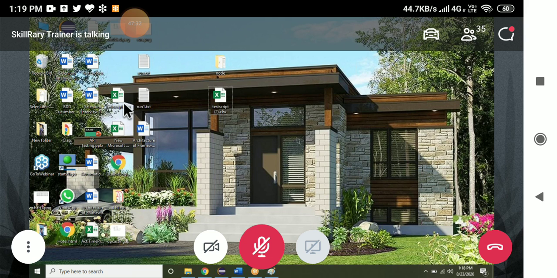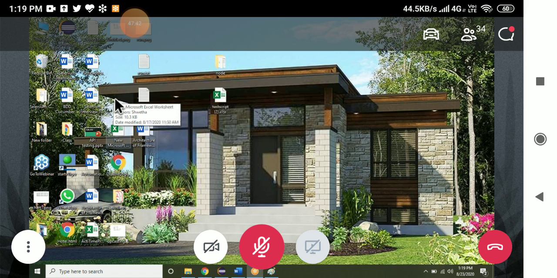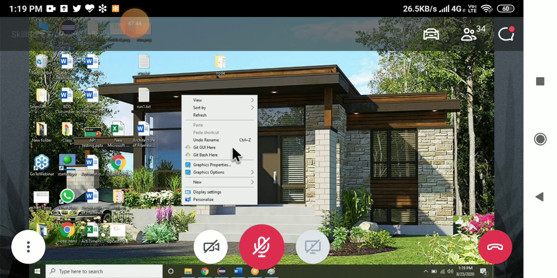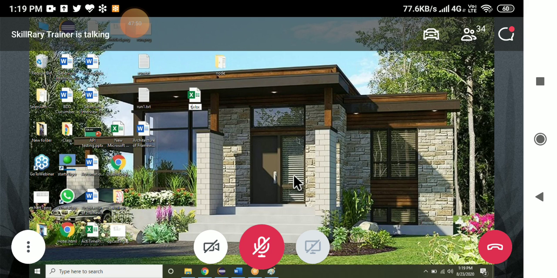It is already there, let me delete it. Let me create it: right click, New, Microsoft Excel, test script dot xlsx. Created. Open it.